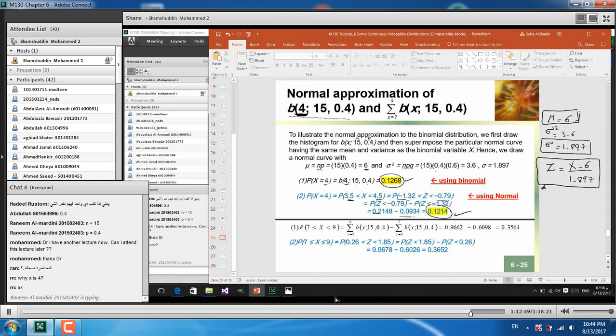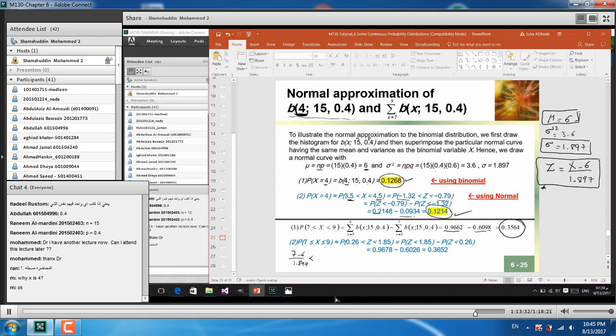Now another example, if I want the probability for x between 7 and 9. Pay attention here. This is another example. Probability for x between 7 and 9. For the binomial, it is the probability of 0 to 9 minus the probability of 0 to 7. I told you this is something you can find from the calculator. From 0 to 9, from 0 to 7, subtract and get the result that you can see here in the circle. If I'm talking about it for the normal distribution, probability from 7 to 9, now 7 minus 6 over